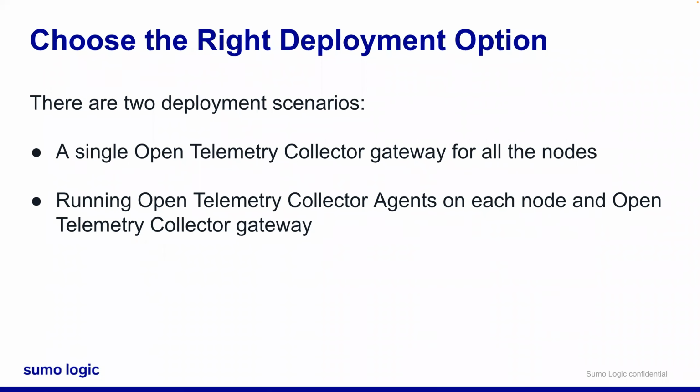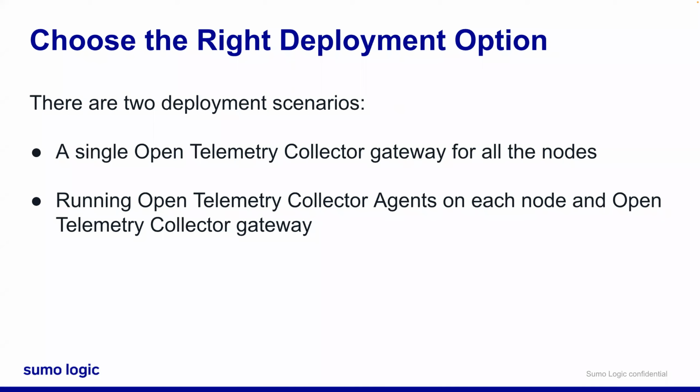Now, one of the options that we would be discussing here is choosing the right deployment option. There are a couple different scenarios that you can utilize. Installation is almost the same as for the official Sumo Logic Kubernetes collection, except the tracing flag needs to be enabled, and that would be part of the steps. The process is going to follow using a Helm chart to set up all the required components. So it's going to automatically download and configure that open telemetry collector, which will collect, process, and export telemetry data